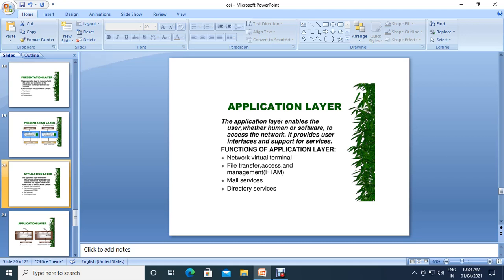So, these are the functions supported by the application layer: network virtual terminal, file transfer, access and management, FTAM, and mail services. While we are sending emails, the application mail service is used. Okay. And next, the directory services.